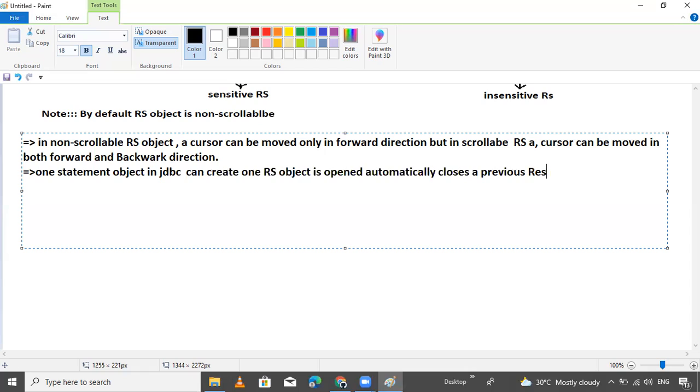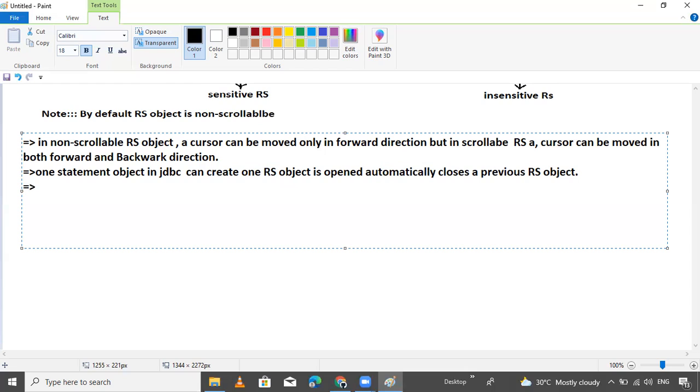One statement object in JDBC creates only one result set object at a time. If one result set object is already there, then automatically it is closed and a new one is opened. This is all about this point.